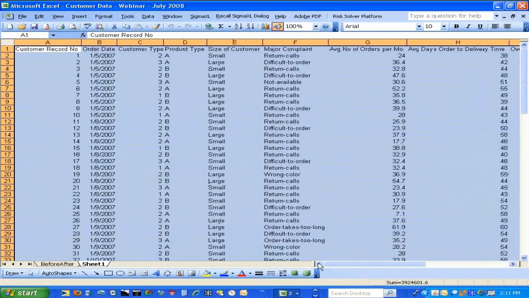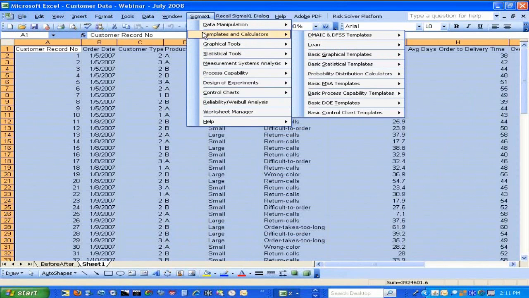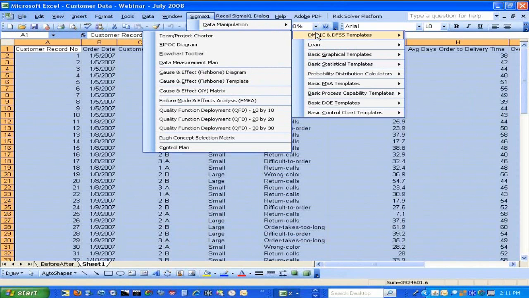I am working with the most current version of SigmaXL, version 6, and so just a quick overview of some of the new things. For example, in templates and calculators, the templates are all grouped according to functions. So we have the project, DMAIC, and DFSS templates. We're not going to cover these in this particular introduction,